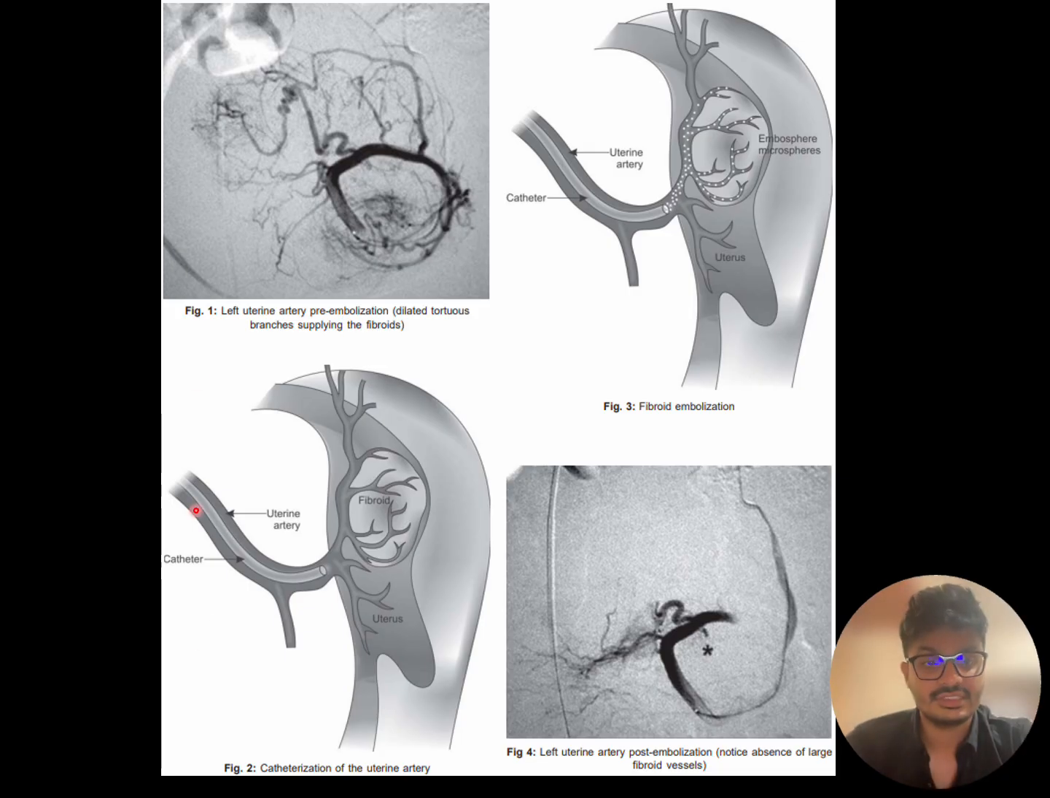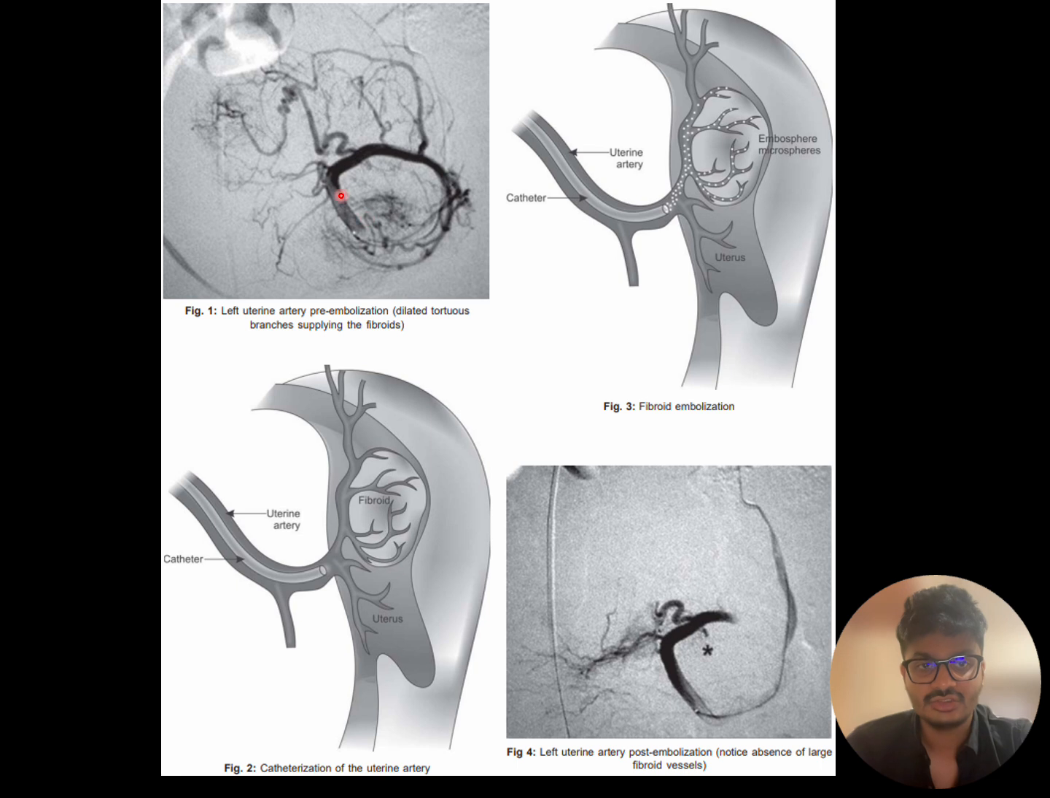So here again you can see this is the uterine artery, this is the uterus, and this is a fibroid, and this is the uterine artery that is supplying the uterine fibroid. So you take the microcatheter up till here, and here, if you see, this is the microcatheter and this is the angiogram. So this is the uterine artery over here, and these are the tortuous vessels that are supplying the